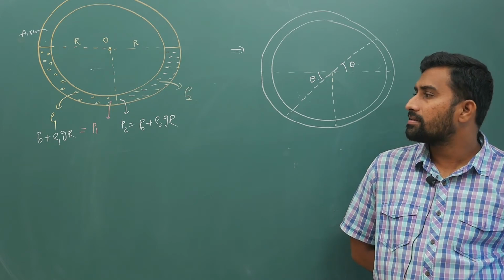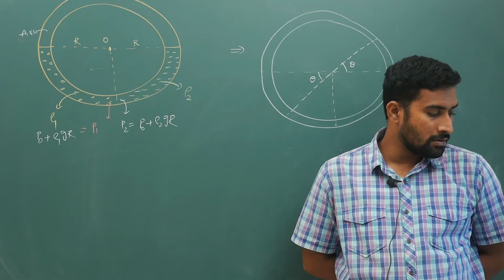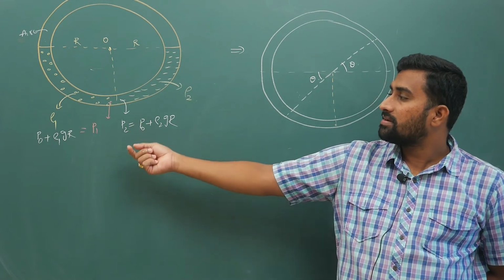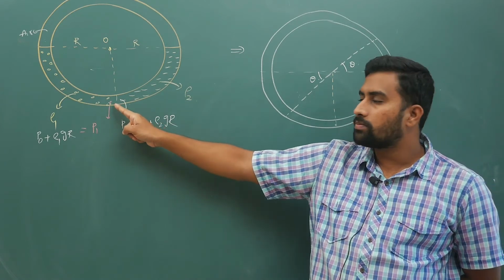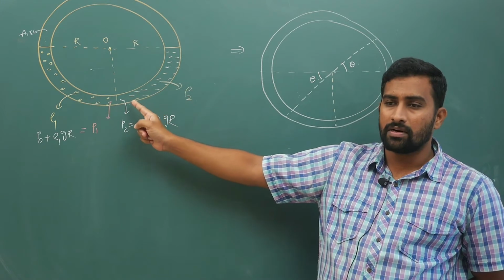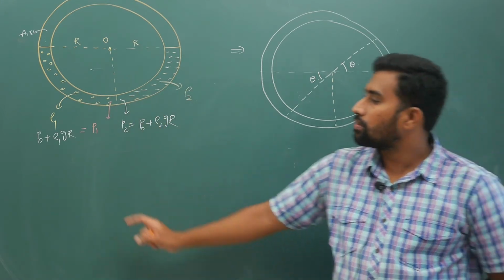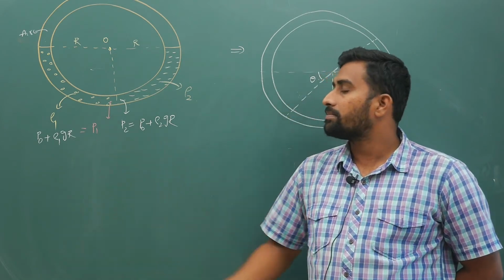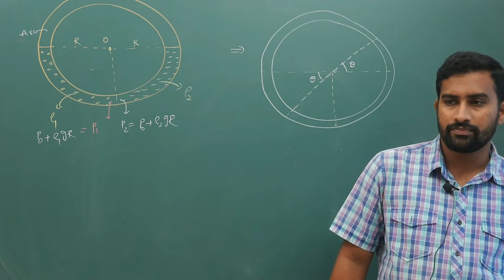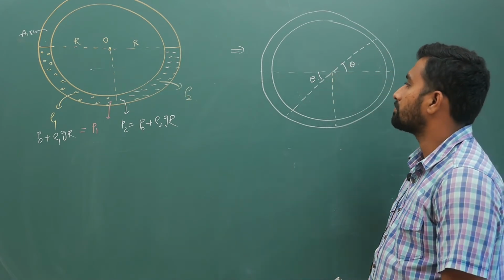Try it for a minute, anyhow I will explain the solution, do not worry. First get convinced: if I am releasing the system, because of pressure difference your liquid flows. If you take two points, one point to the left in the first liquid and one more point in the right liquid, there is some pressure difference. Because your ρ1 and ρ2 are not equal, your P1 and P2 are not equal. Come on, try this. Anyhow I will explain the solution.